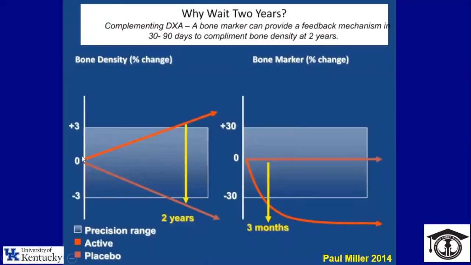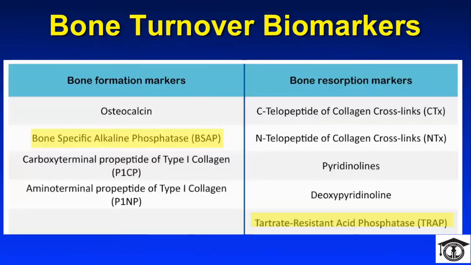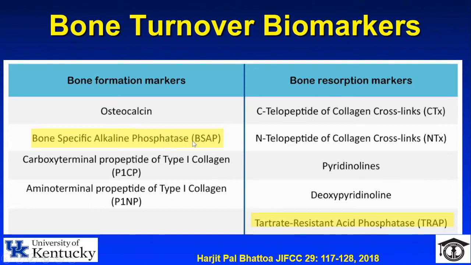So here, for this patient, if you repeat the DEXA scan after 2 years, it's usually too late. But if you redo the bone turnover marker every 3 to 4 months, it will help you to predict what's going on in the bone. It's complementary to the DEXA scan. It doesn't replace the DEXA or bone biopsy if needed, but it helps to choose the best treatment and to follow the response to treatment. What are the known bone turnover markers? I don't want to flood you with a lot of information, but there are bone formation markers and bone resorption markers.